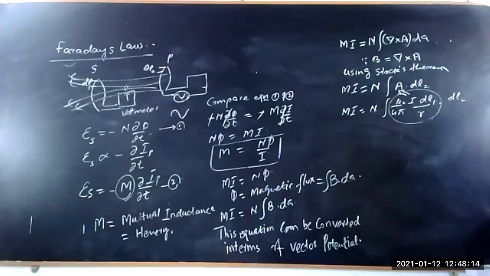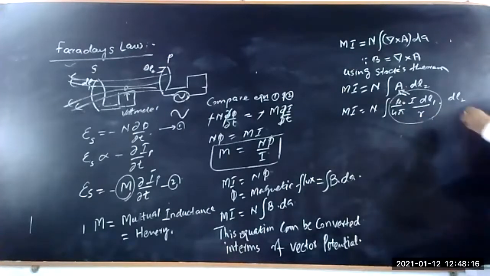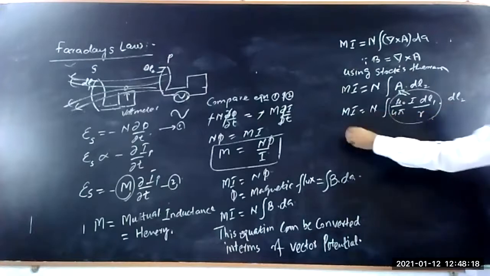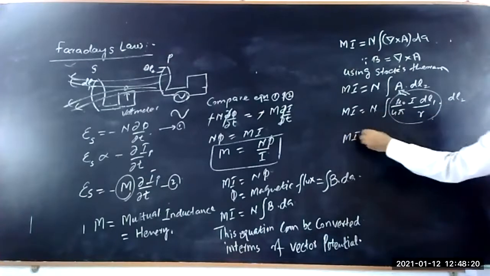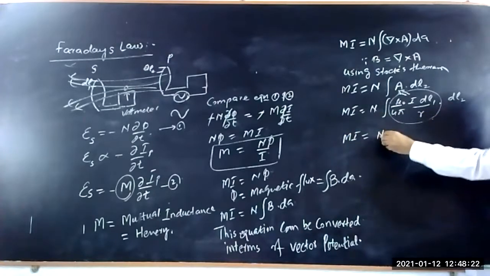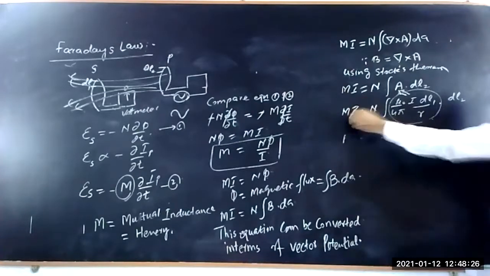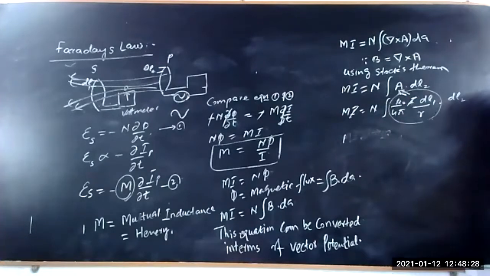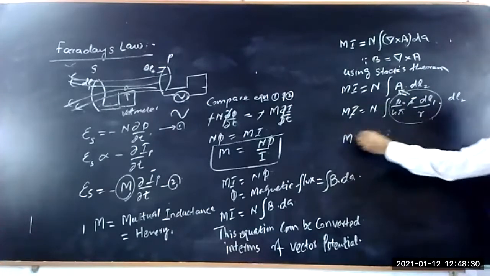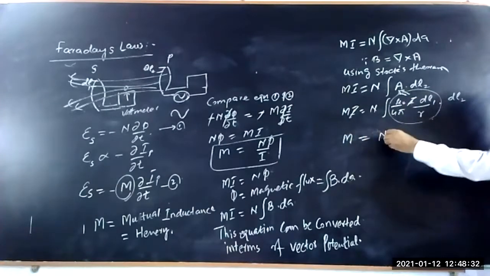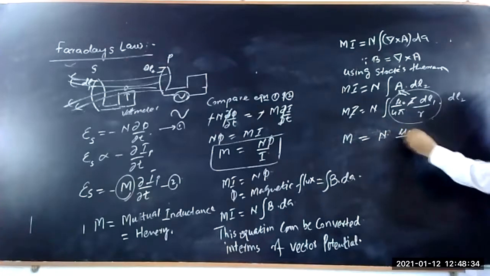So here Mi is equal to N, and this I can be cancelled out on both sides. So this mutual inductance is equal to N mu naught upon 4 pi